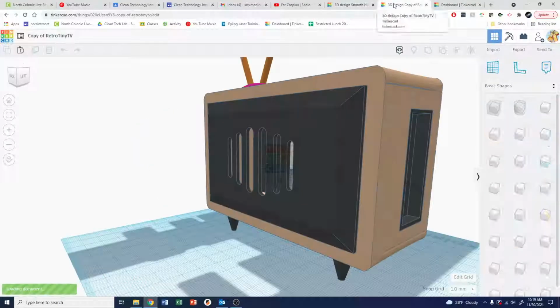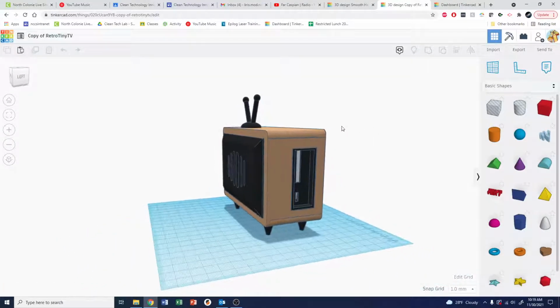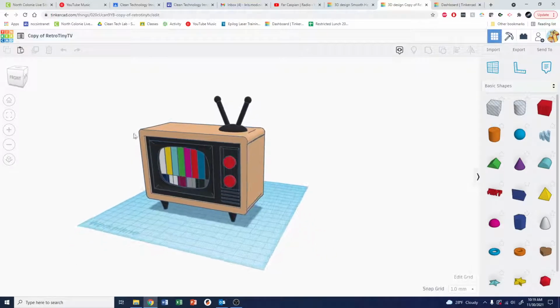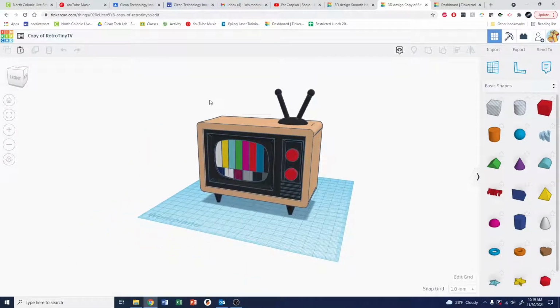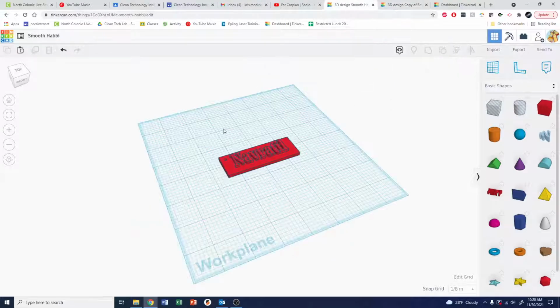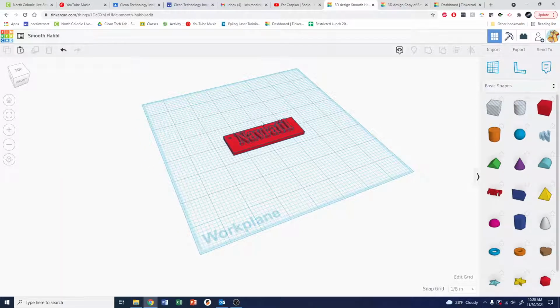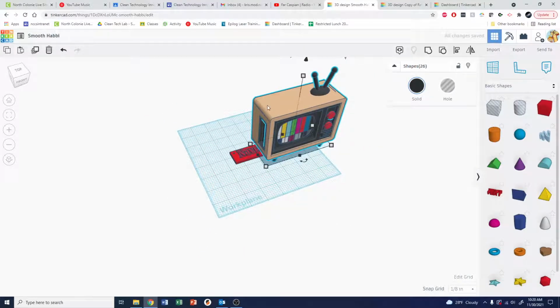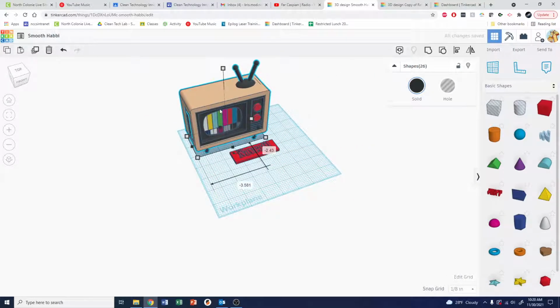So if I come over to another TinkerCAD design I have open, this is a TV that someone's made, I can simply do this. If I click and drag over the entirety of this design, and then I come up and I hit this button, copy. You can also hit Control-C on your keyboard. From here, all I have to do is come back to the other design and then simply hit paste. Or again, you can hit Control-V on your keyboard. And there we go. Now it's inside of our other design